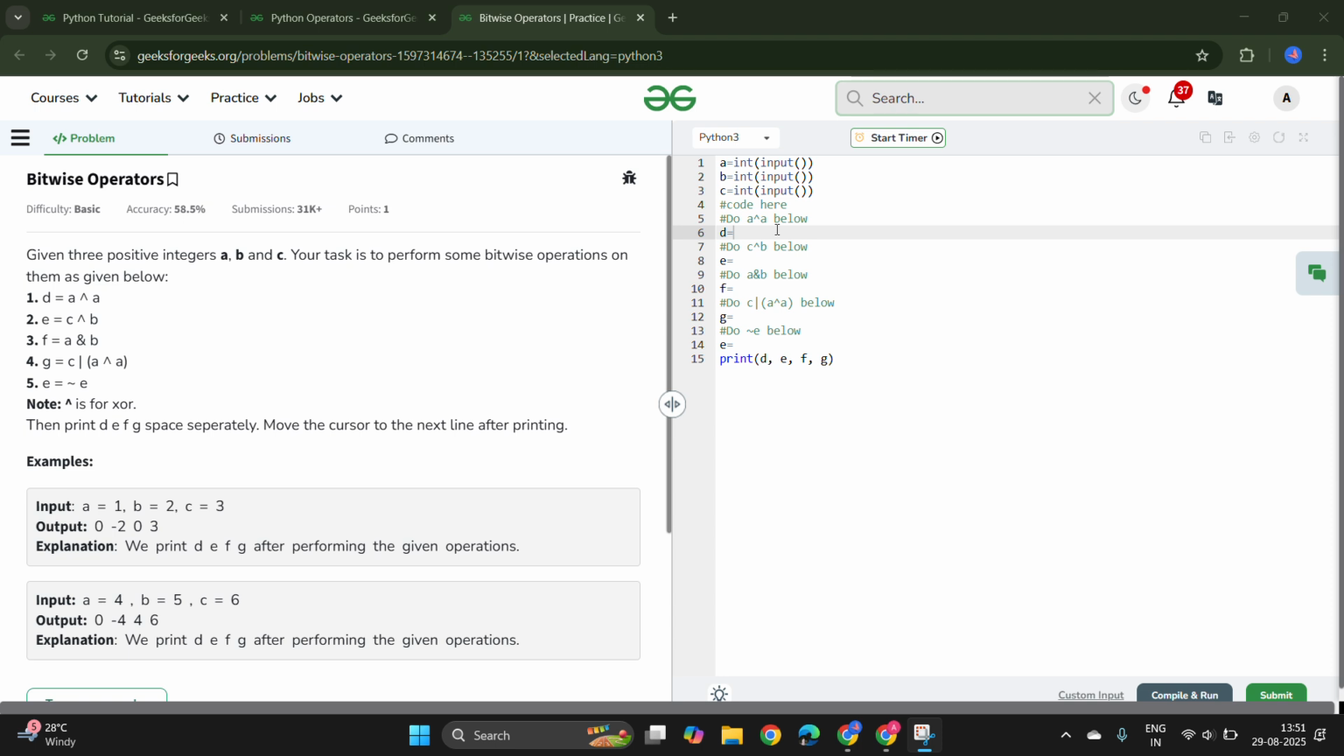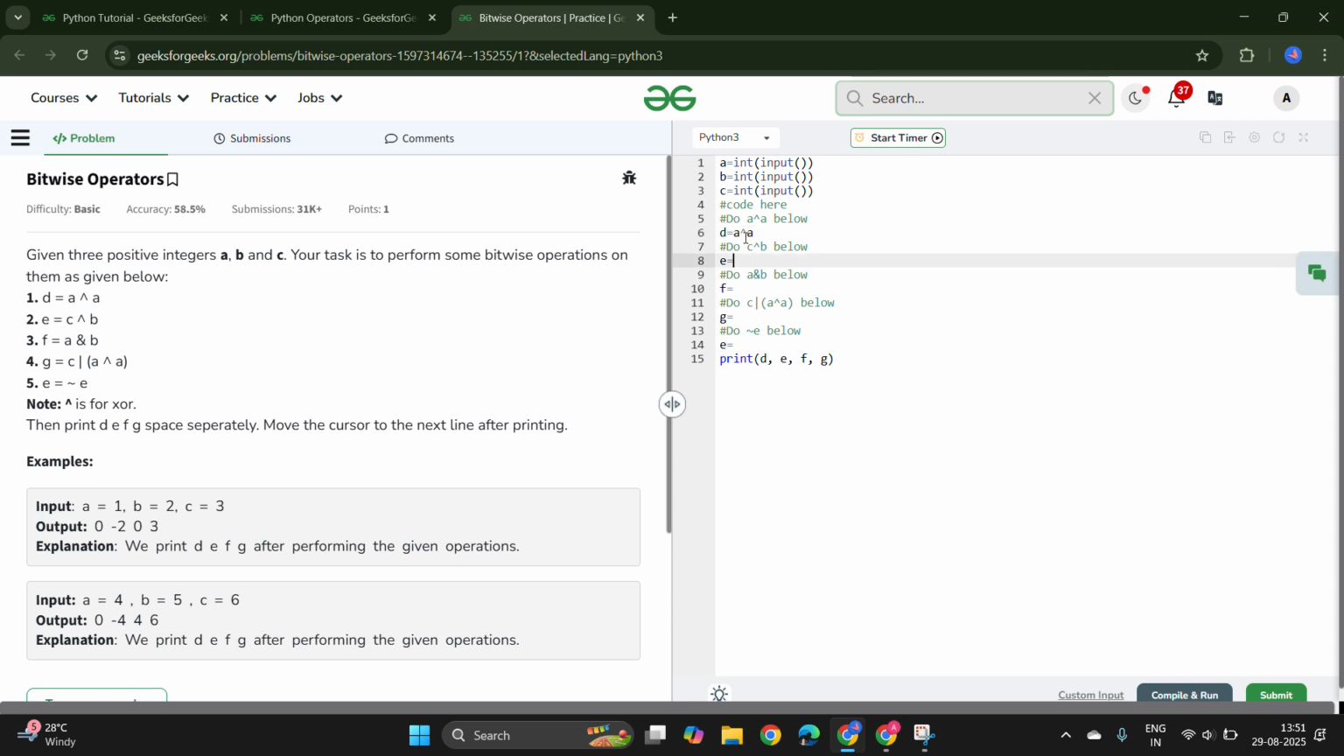So here we already have three variables, that is the input variables a, b and c, and here we have the output variables, that is d, e, f and g. So the first operation is XOR operation. So it is D is equal to A XOR A,